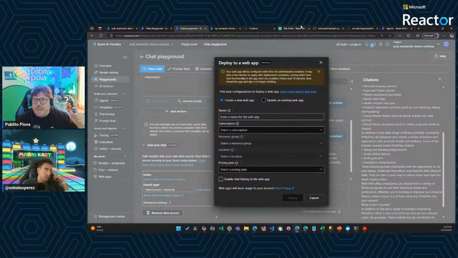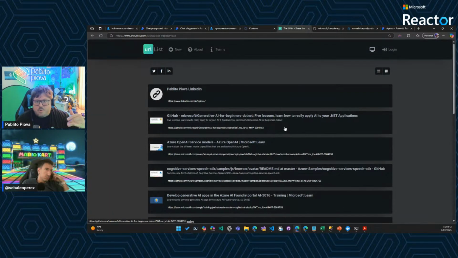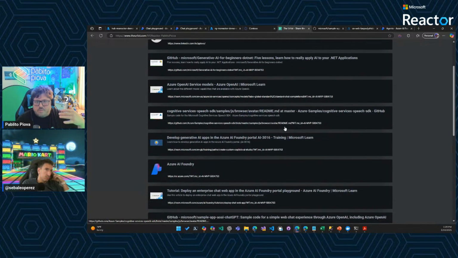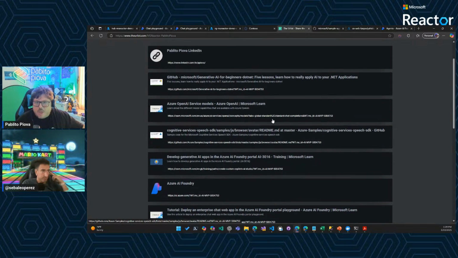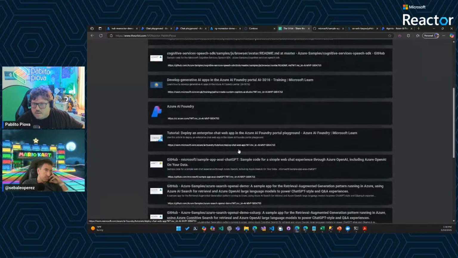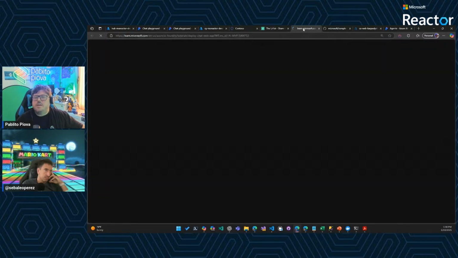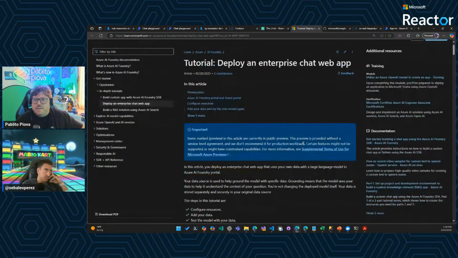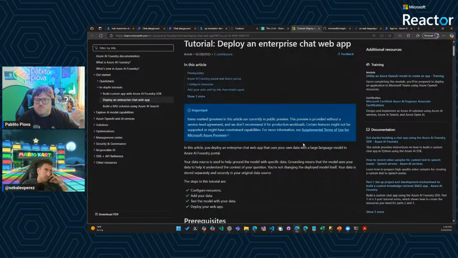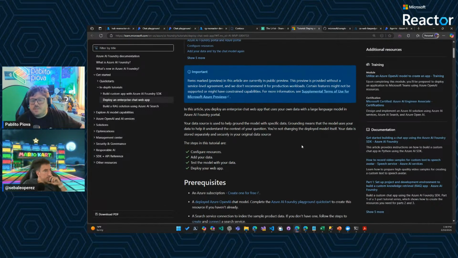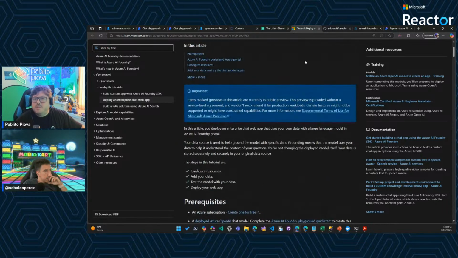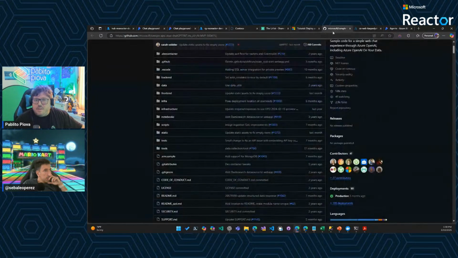Azure AI Foundry. On the chat, we will show a list of resources. In this case, we have, let me find, yes, this link where you can find step by step how to deploy an enterprise chat web app from Azure AI Foundry, right? It's super easy. And another thing,